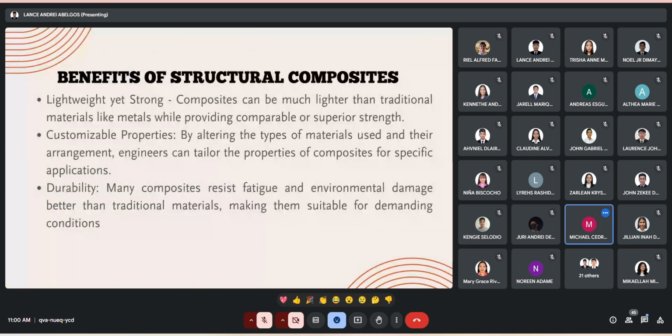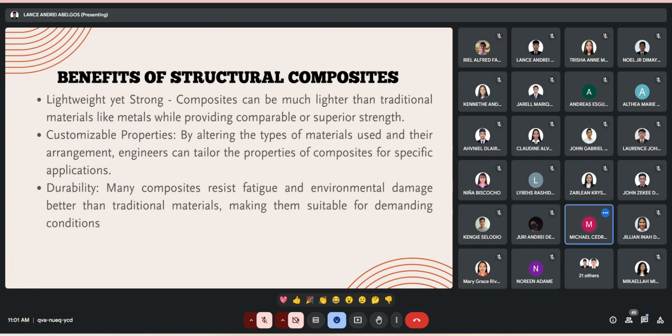Next po. And the benefits of using these structural composites, first is it is lightweight and strong. These composites can be much lighter than traditional materials like metals while providing comparable or even superior strength. Second,